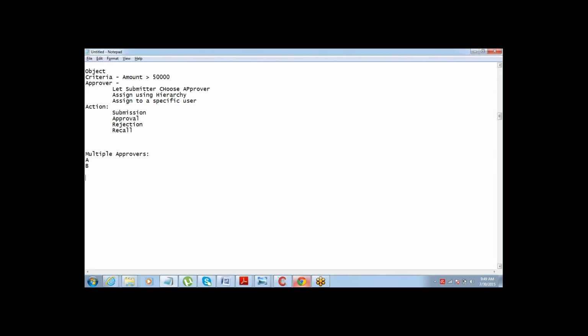Now, when you have two approvers for the same record, you can have the situation: both need to approve, or anyone can approve. So the record will be considered approved if any one of them approves, right?